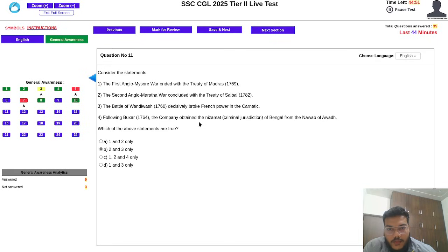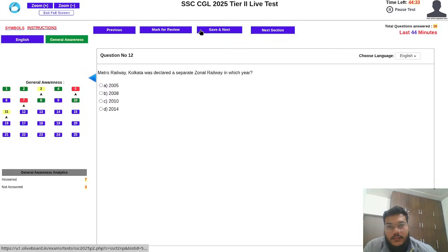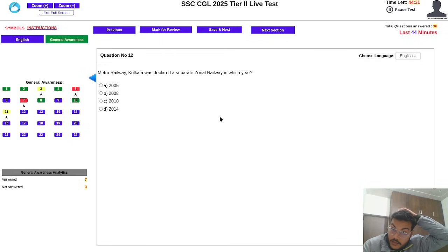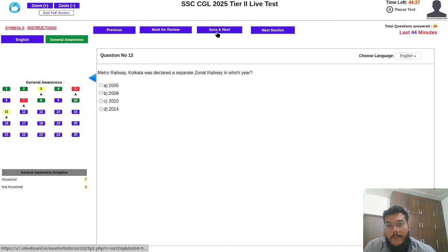Following books are the company obtained the Nizamat of Bengal from Nawab of Awadh. बुक सर के पलासी में हो गया था वो तो। फोर्थ गलत है। मेट्रो रेलवे नहीं पता भाई।